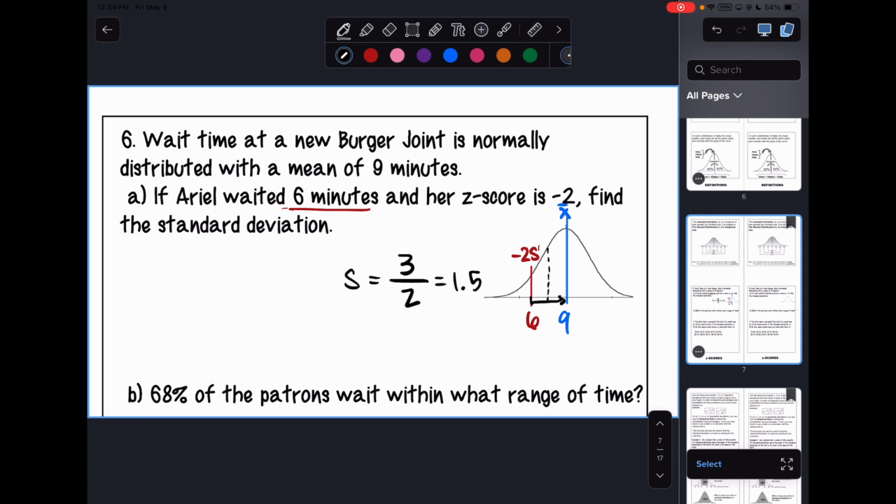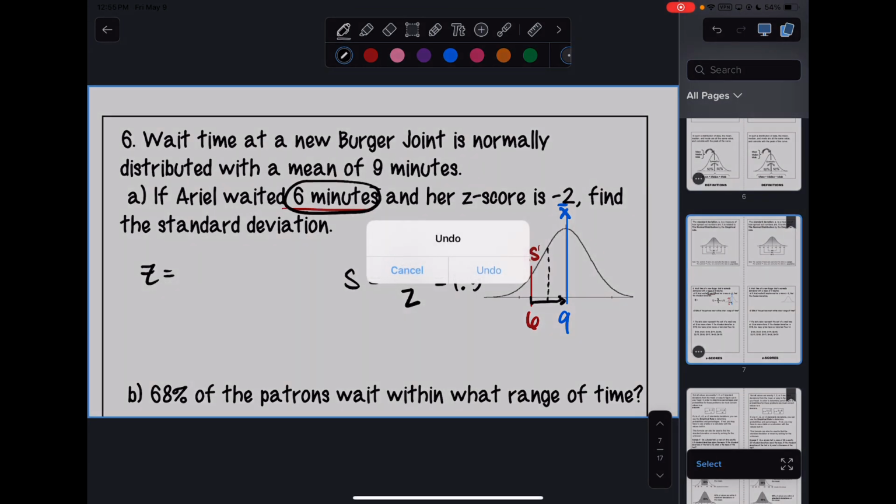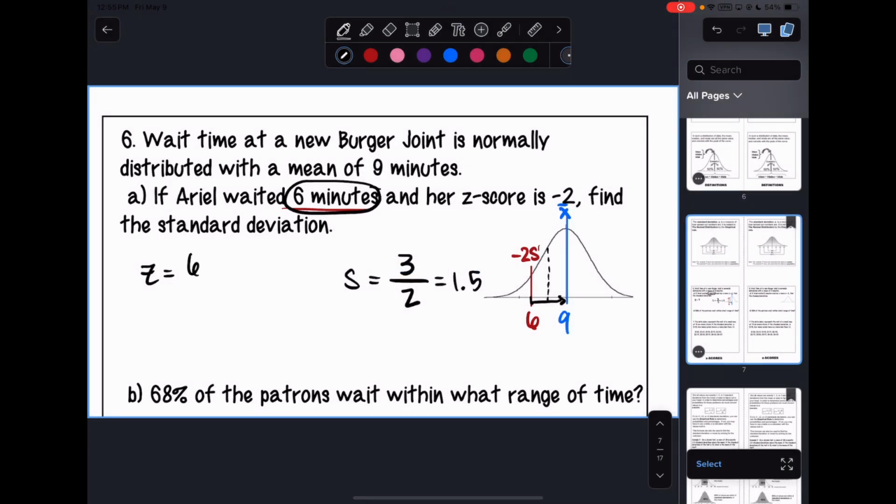Okay. I'm going to use the formula now to show you how that works. We just made sense of it. We're going to go back and show you how this works. Here's the x. X is going to be whatever piece of the data that we have. 6 minutes is not something that is that important other than that it is the one that we're investigating. So 6 minutes, we're going to take away the mean. What was the mean? 9 minutes. And we're going to divide by